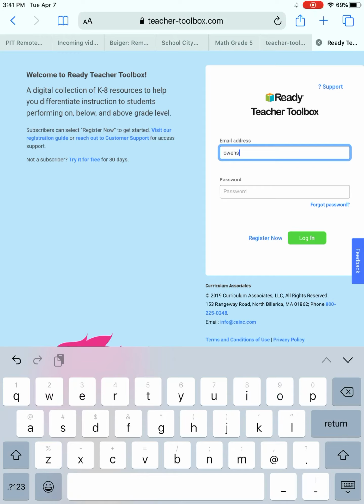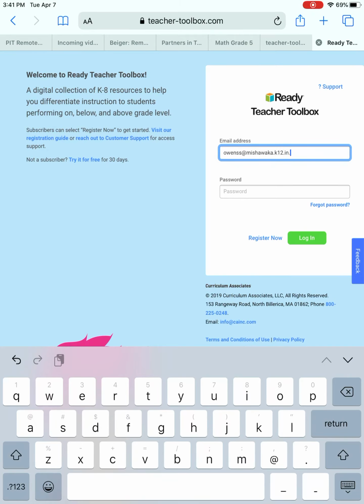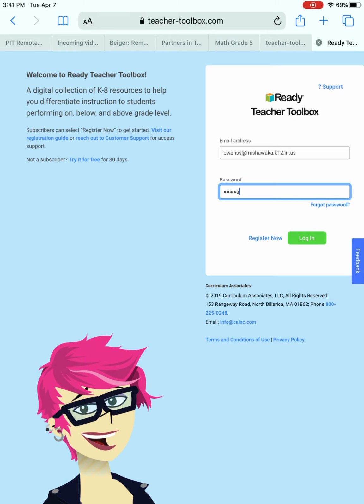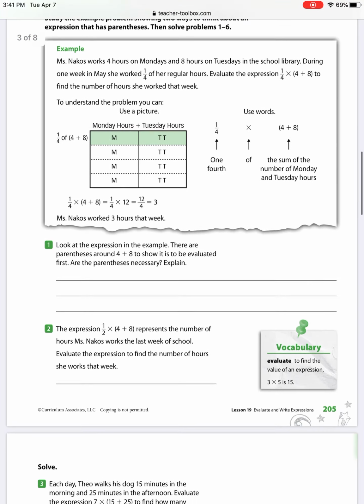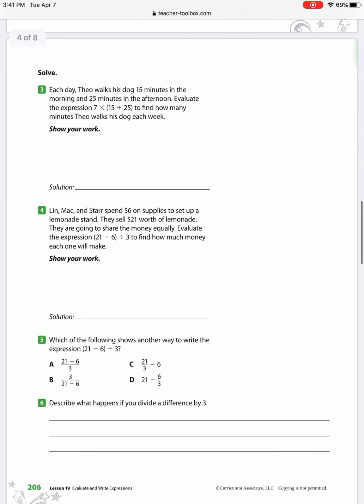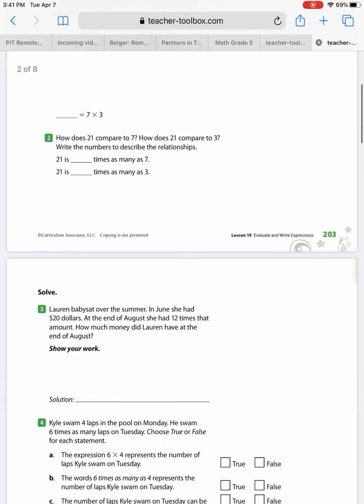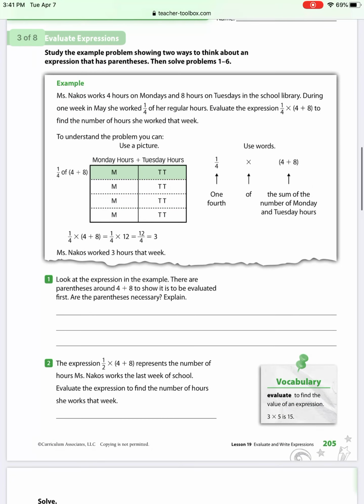In your lesson plan that you pulled up for this, it will show you that your next assignment to do on your own is page 205 and 206, I do believe. Hope I'm getting that right. Yeah, this one was yesterday's. This is the one you graded today. So this is the page that you're going to start on today. Okay, if you have any questions,